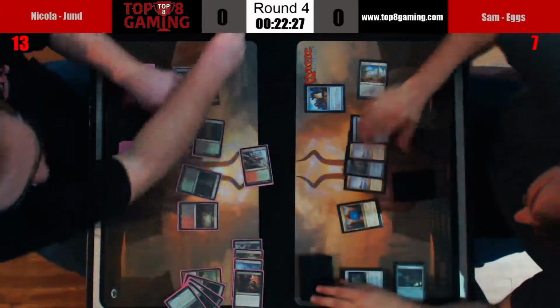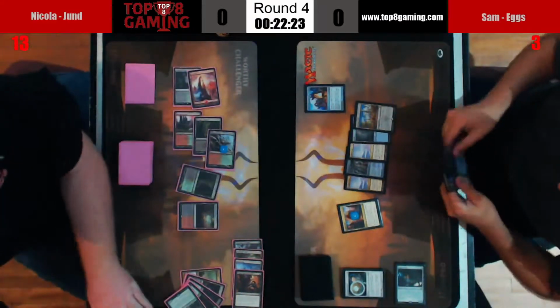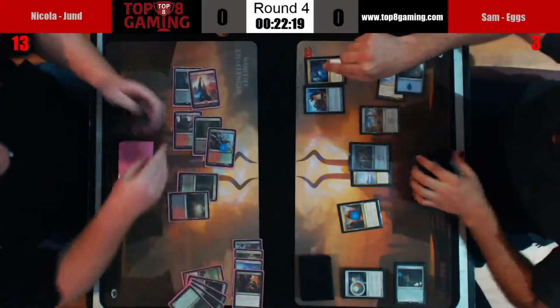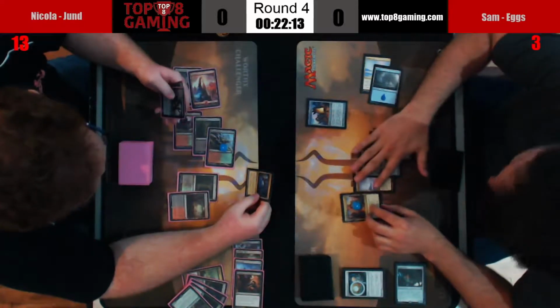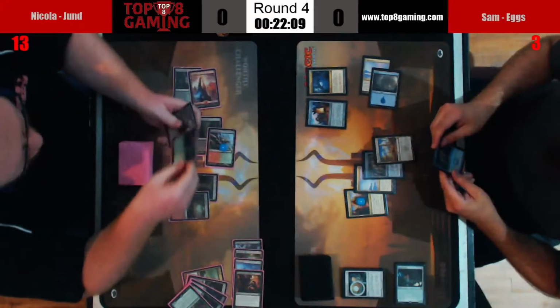So Nicola's going to go ahead and do it this way. Instead, he'll turn on Raging Ravine, put Sam to 3. Sam has 1 draw, basically. If he finds it, he finds it. If he doesn't, he doesn't. He found a Thopter Foundry, which will... no, that really won't matter all that much. It'll gain him some life, but...